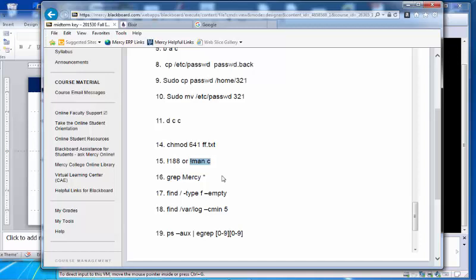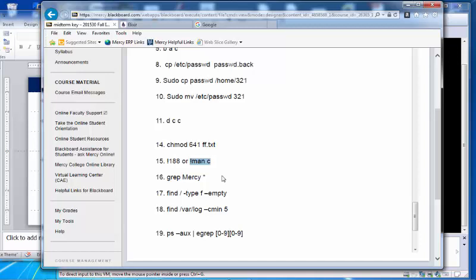So what a grep program would do is open a file and scan through to see if it contains mercy. When it reaches the end of one file, it closes the file and opens another and another.